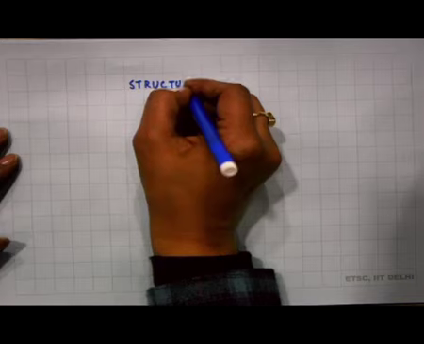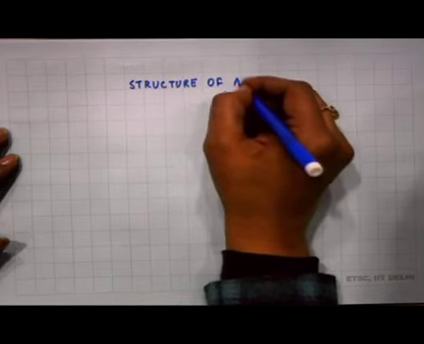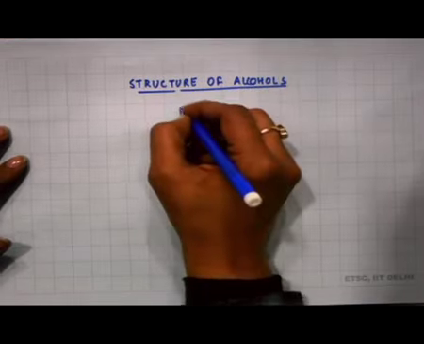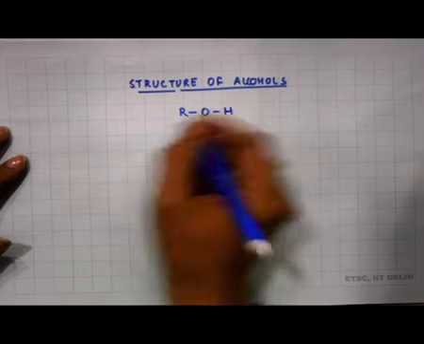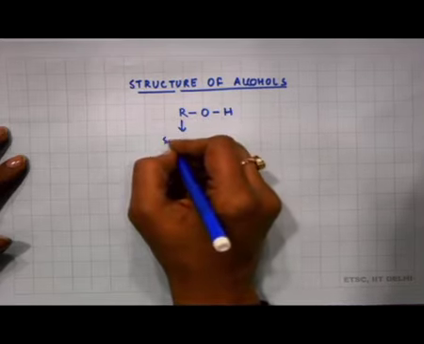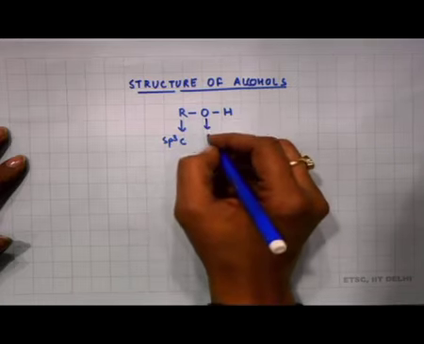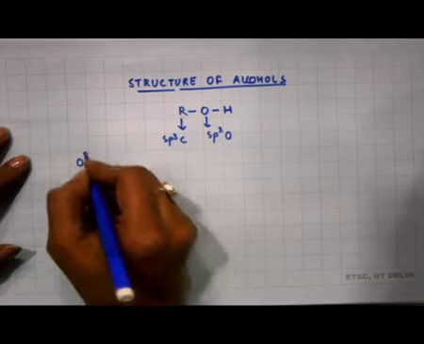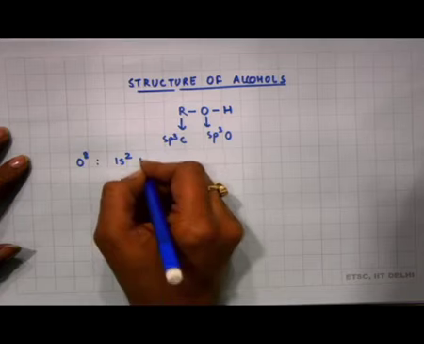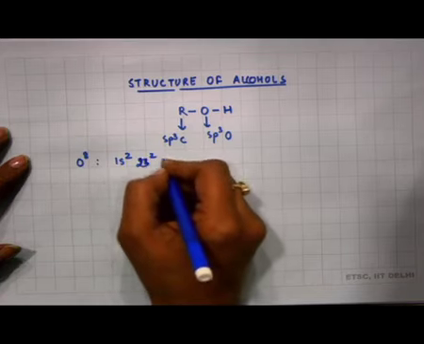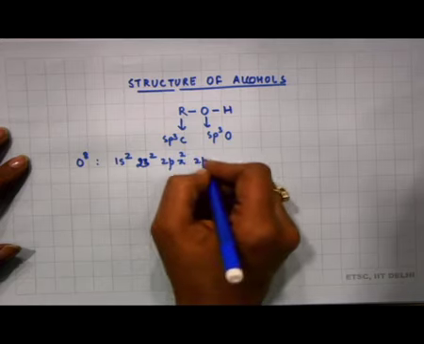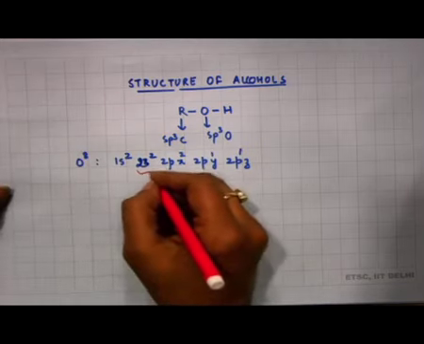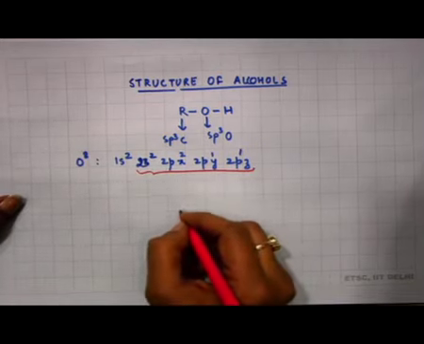What is the structure of alcohols in general? Alcohols are shown by the molecular formula ROH. The carbon is an sp3 hybridized carbon, and the oxygen is again sp3 hybridized. So, if you just look at the oxygen electronic configuration, O8 is 1s2, 2s2, 2px, 2py, 2pz. So, with the sp3 hybridization on oxygen, we get